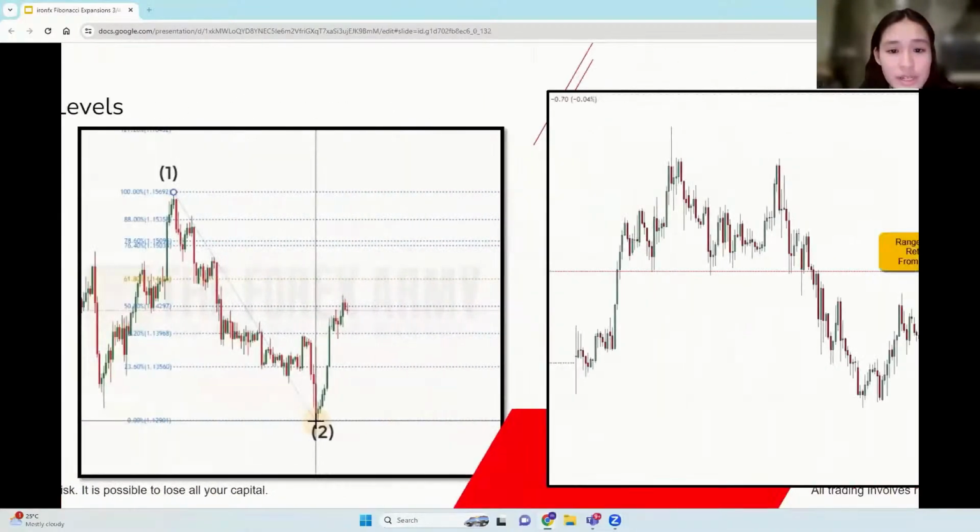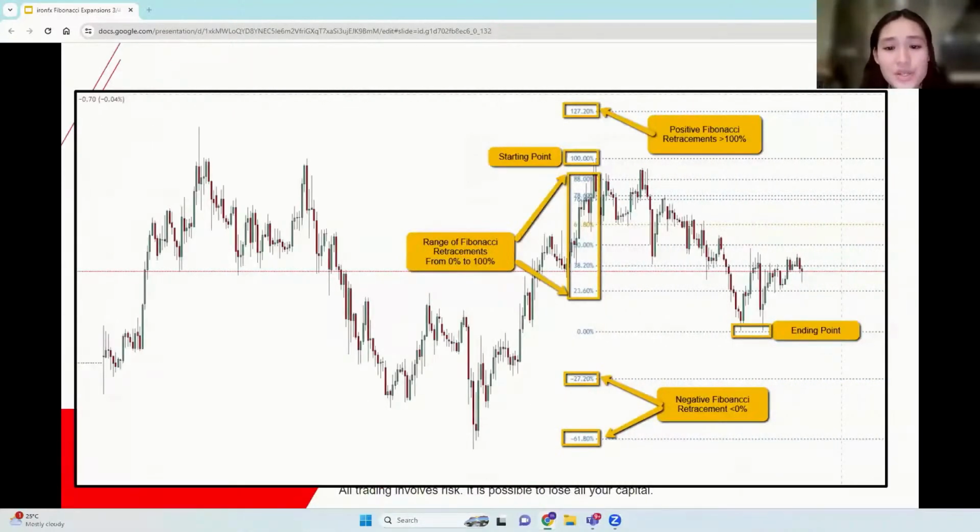And yep, so here's an example of it on a chart. Here you can see all the different Fibonacci numbers that we mentioned in the previous slide and how exactly it looks drawn out. You want to firstly take note of the starting and the ending point of our Fibonacci trend line. You can see the starting point is up here, ending point down here. As we mentioned, mid-range are the retracements. Negative range is our expansions, so what we'll be talking about today. And those that are more than 100% are the extensions. So in all these three scenarios, we are only using one tool, which is the Fibonacci retracement.